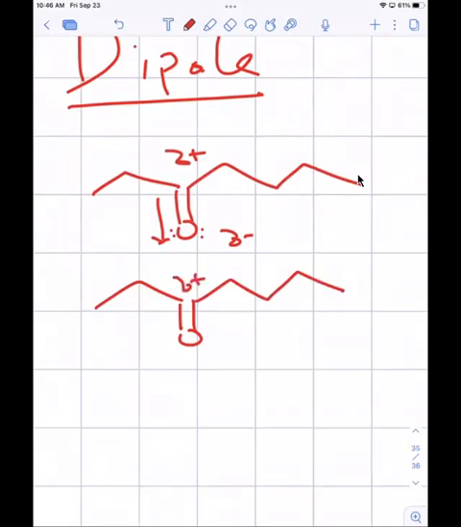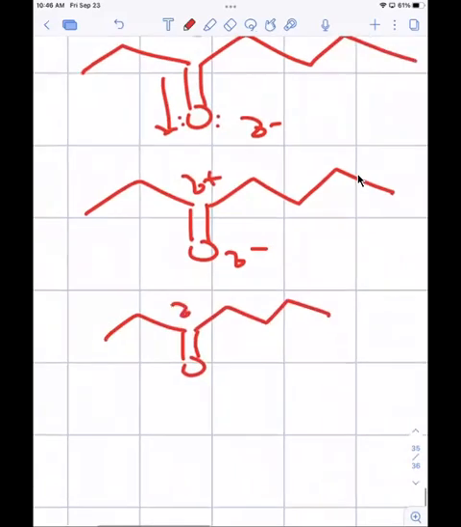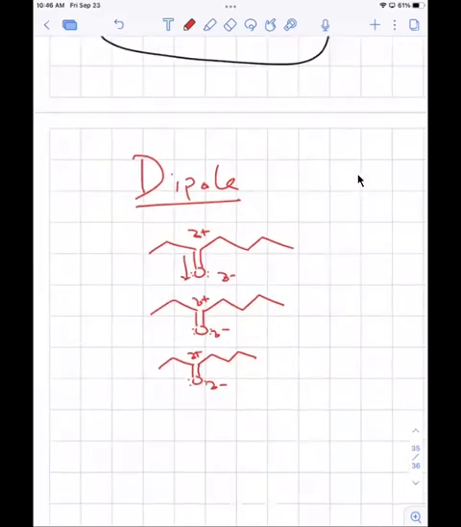This is partially positive, that's partially negative. Same thing here. Partially positive, partially negative. And so when you have dipole interactions, that's a little bit stronger than van der Waals traditionally,